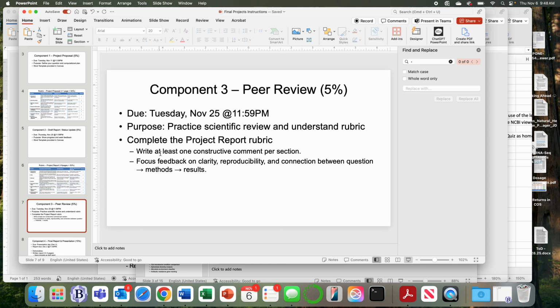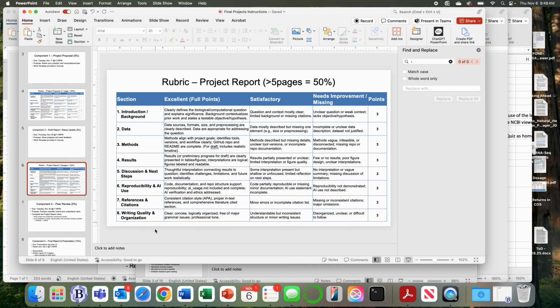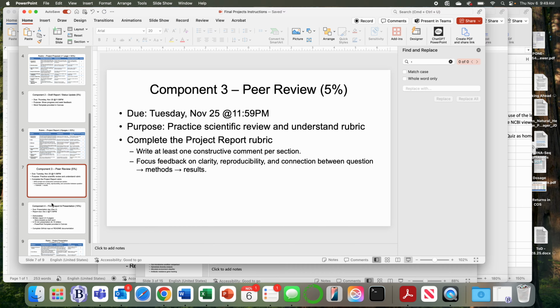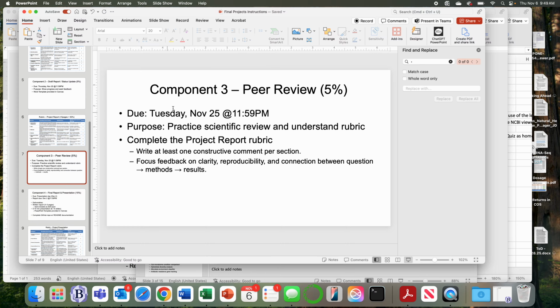And then just requiring you to give, per section, right? These are the sections. Some constructive feedback, okay? And an idea for how to focus that constructive feedback. That will be due the 25th. So you've got basically Friday over the weekend, all the way until that next Tuesday